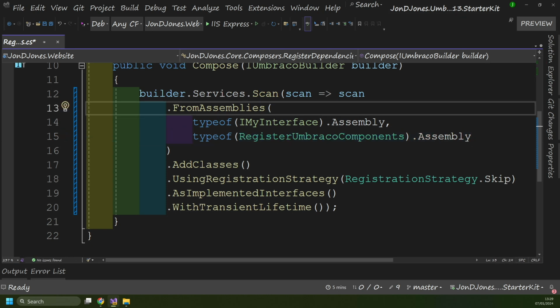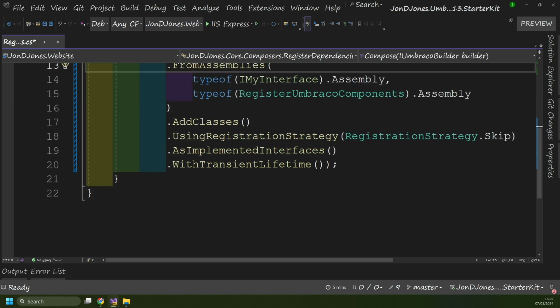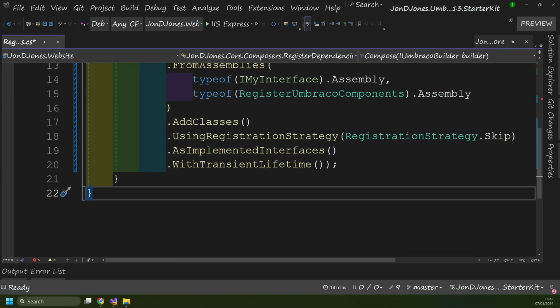Now, next up, you can see we've got add classes, and add classes basically tells the framework to scan all the classes contained within the class library for potential auto registration. Now, after that, we've also got this use registration strategy